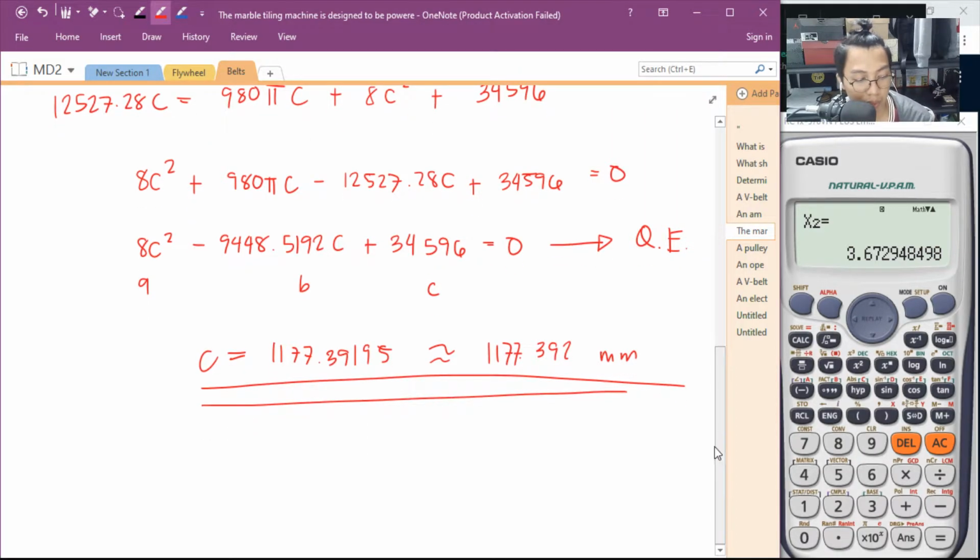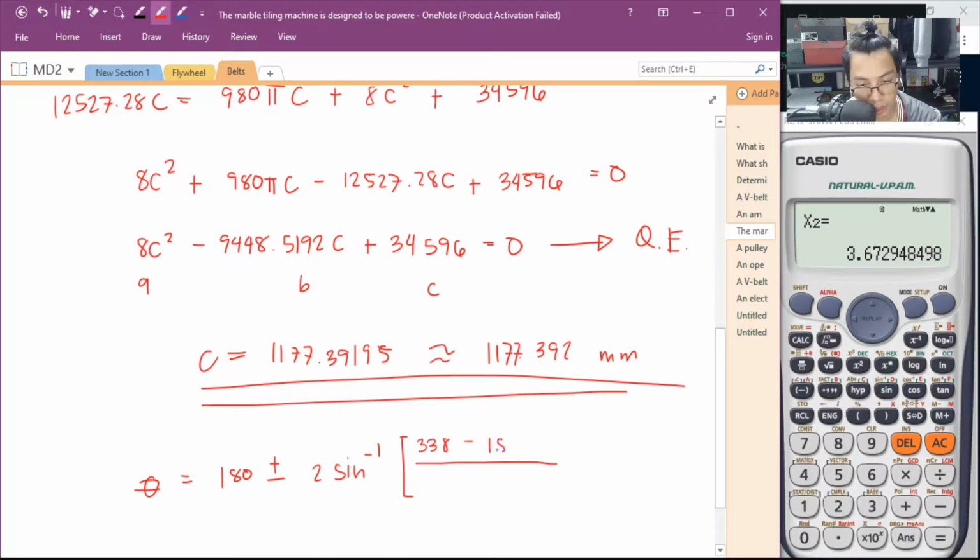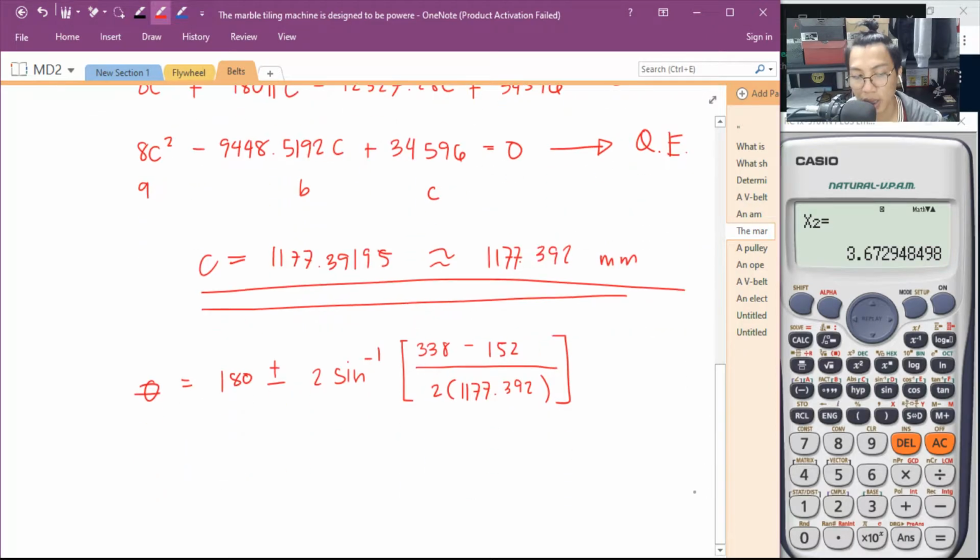Now, the one we are ought to find is yung angle of contact. For the angle of contact, that is 180 plus and minus arc sine or inverse sine. Arc sine na yan. Over 338 minus 152. Tapos 2 multiplied to 117.392 mm. So, the value is in degrees na kagad yan. For the driving pulley,